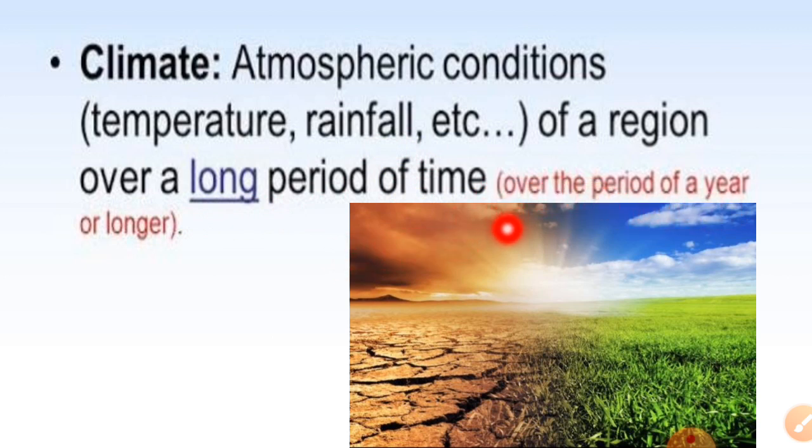In other words, we can say the climate of a place can be defined as the prevailing weather condition of the place for a long period of time, for example, 25 years. Another example is that the temperature of Rajasthan is generally high throughout the year, and it does not receive much rainfall. So we can say that Rajasthan is a hot and dry place, okay.